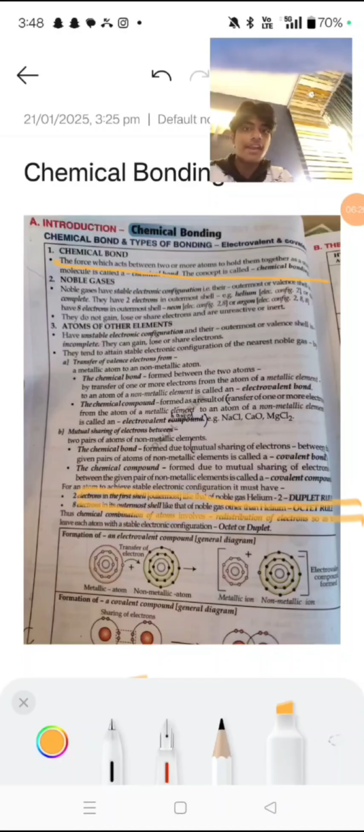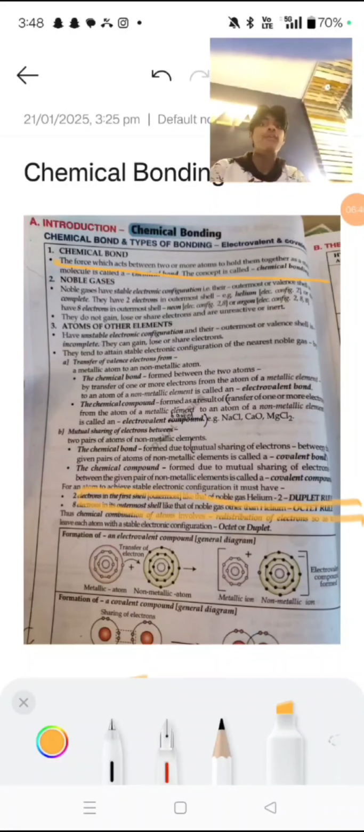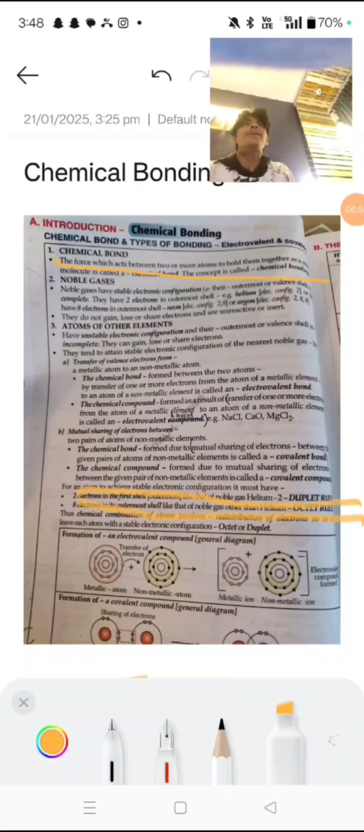Now coming back to our basic topic of chemical bonding, as I said, all noble gases have a stable electronic configuration, right? So what does that basically mean? That means that they have zero valency. Valency is basically the electrons that you can either lose or gain to form